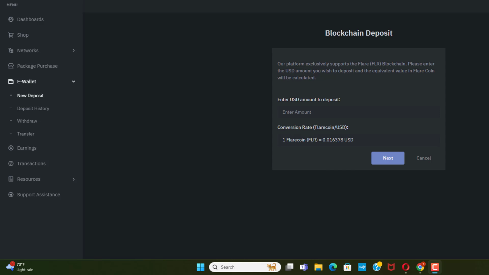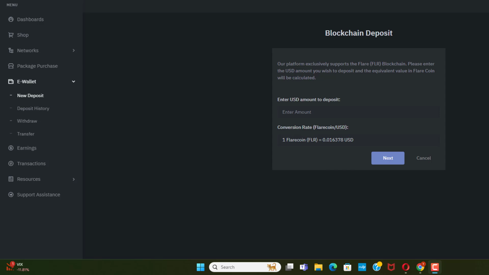Now, what I want to do is show you making a deposit. We do know that some of you, for whatever reason, the deposit did not go through. So I'm going to do a couple deposits here. We may wind up getting one that goes through, and we may wind up getting one that does not go through. And if that's the case, I want to show you what to do.